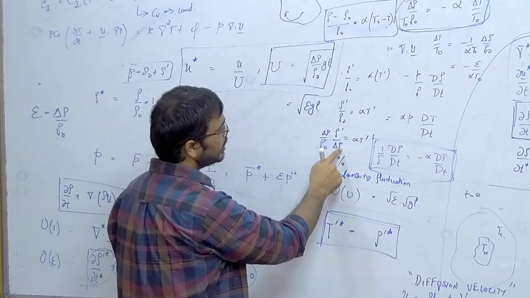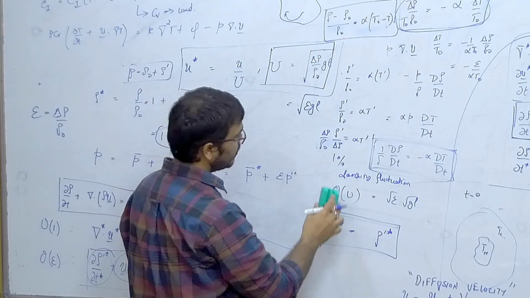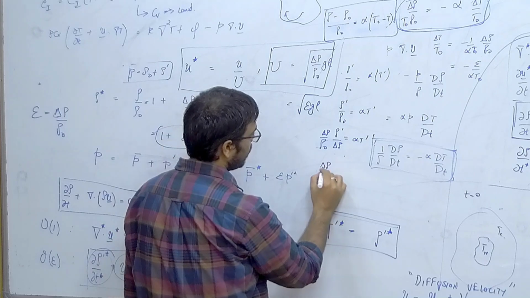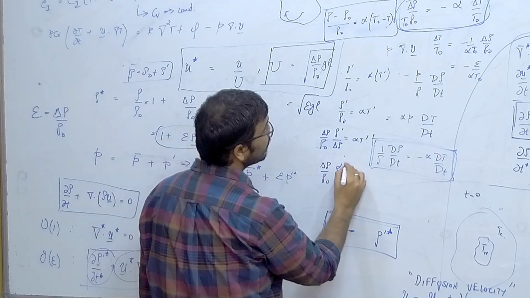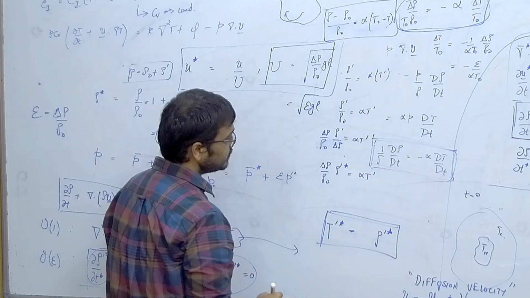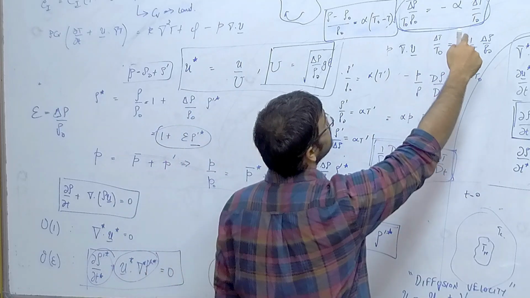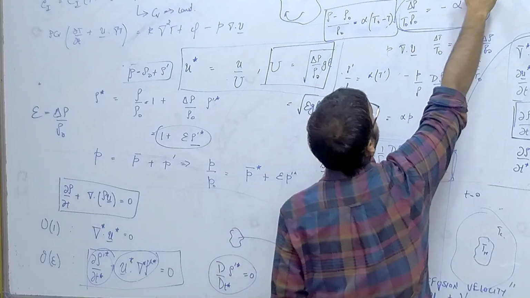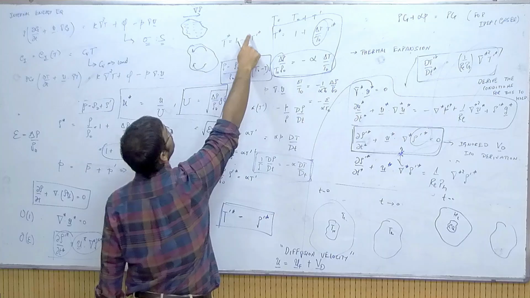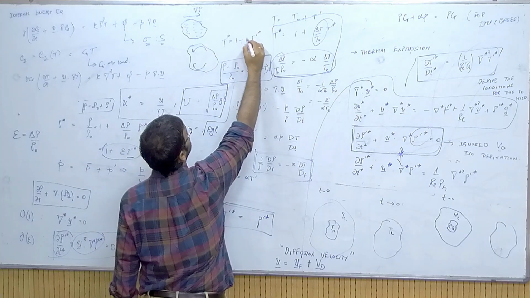So this rho prime by delta rho is rho prime star. What is T prime star? So if you substitute that here, we saw this is